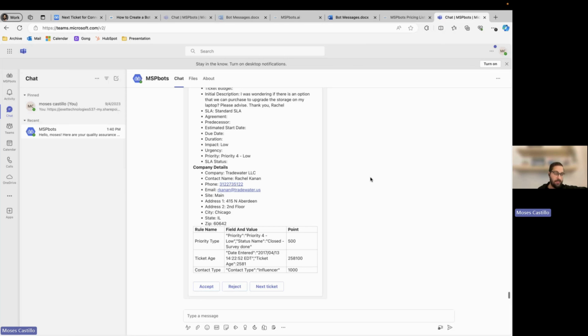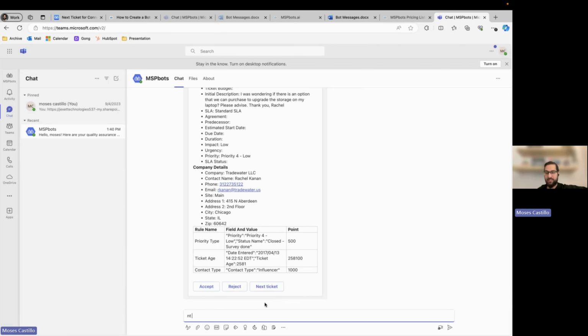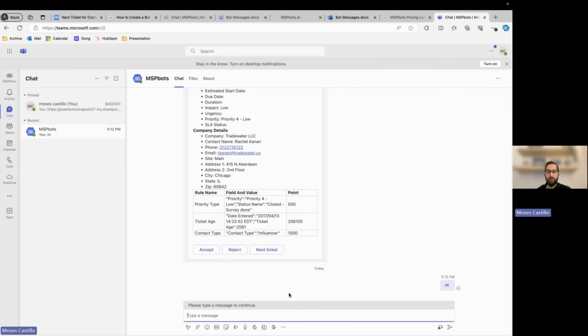From my standpoint, maybe today I'm grabbing tickets off of a service board, or a dispatcher is sending them to my queue. The change here in our dispatch process is instead of me going to my service board or to ConnectWise, I use Teams every single day as a technician. I'm communicating with my team. All I've got to do is enter the prompt NT, which stands for next ticket. It'll go ahead and